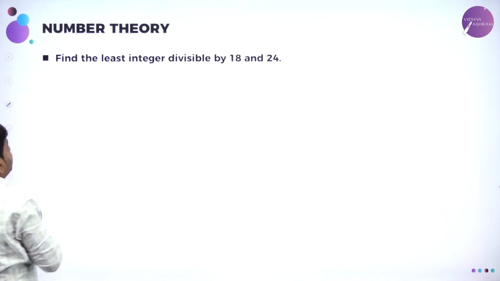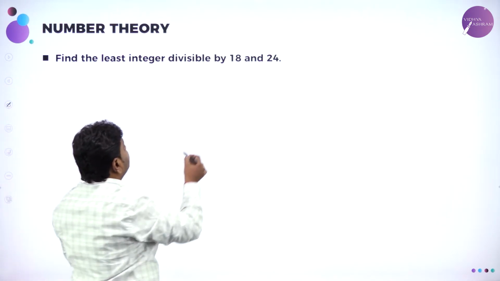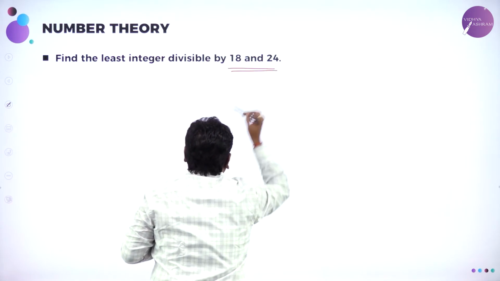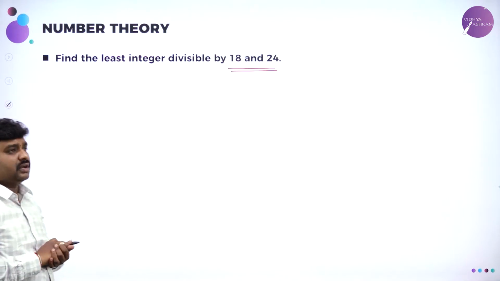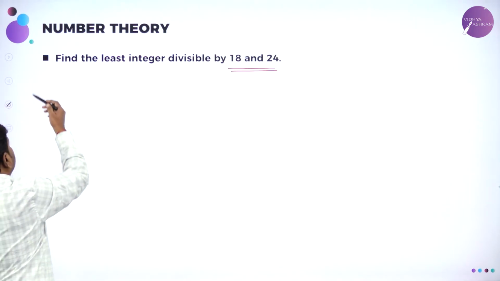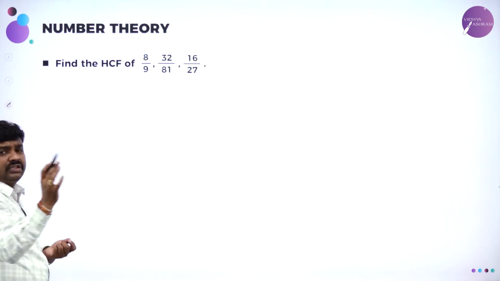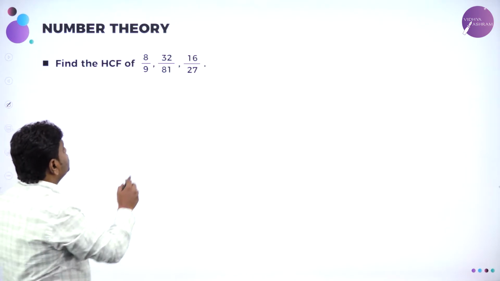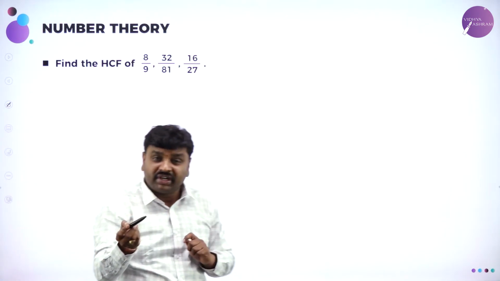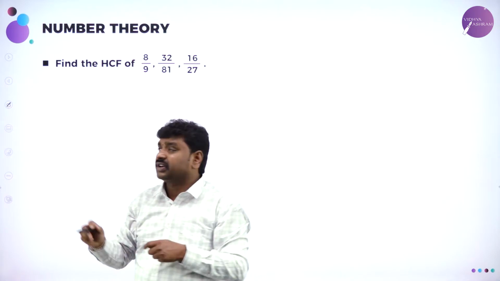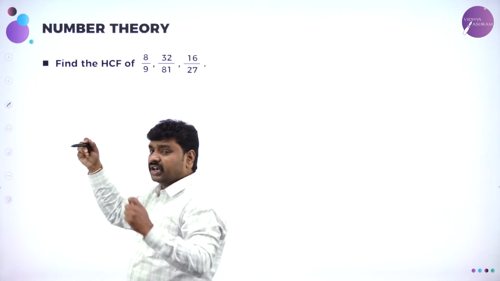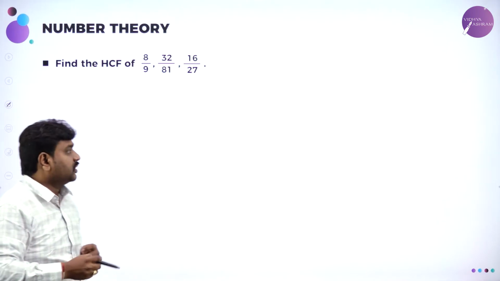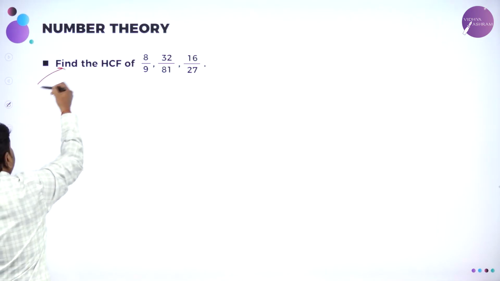Then we have the least integer divisible by these two, so the least common multiple, you know. So the LCM or least integer you can find by the same method. Any method you can use, as they have not mentioned one. Now, how to find the HCF of a fraction? I taught you how to find the LCM of a fraction and the HCF of a fraction. You should take the numerators separately and find it, and the denominators separately, and take the ratio. This is also one of the standard questions.